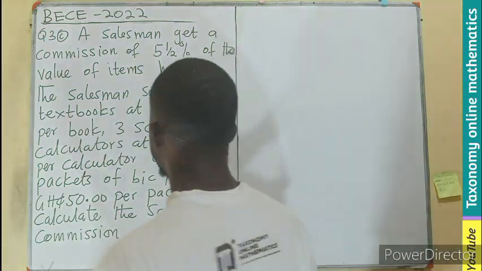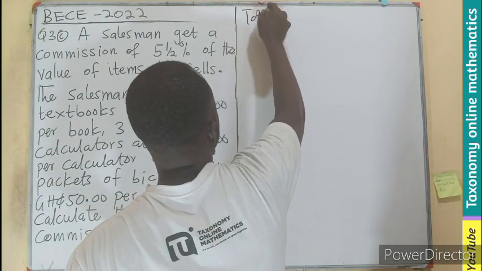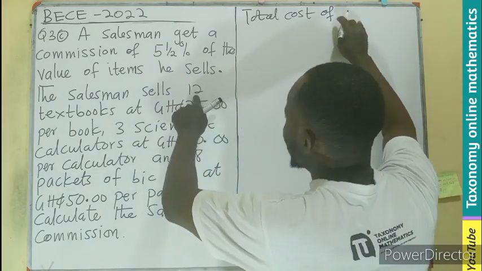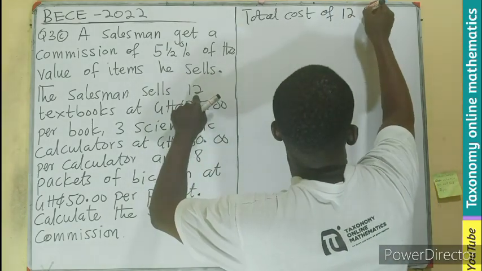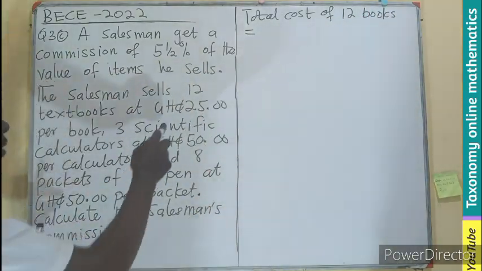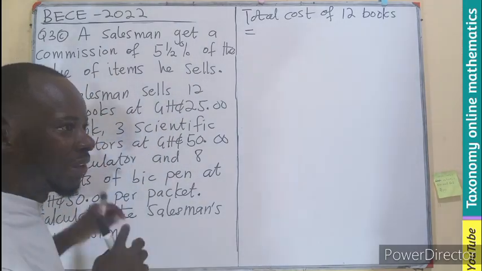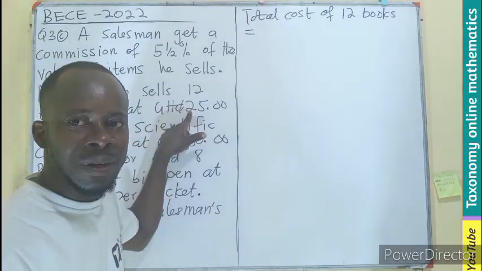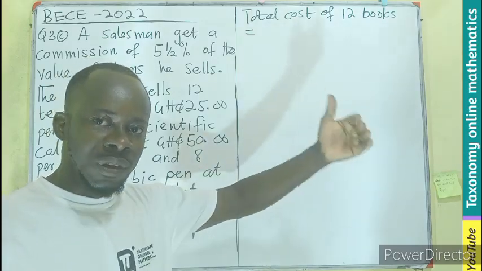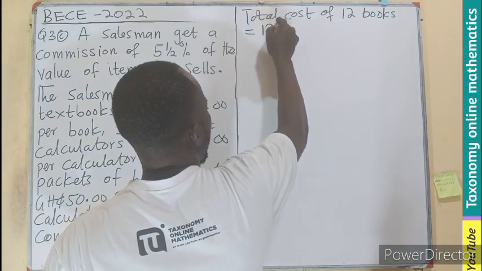So first, let's begin with the textbooks. Total cost of how many textbooks are we selling? She's selling 12 books. Now, when we have 12 books sold at 25 cedis per book, meaning one book is 25 cedis, and you are selling 12 of them, meaning 12 groups of 25, up to 12 times. That is a multiplication. So that simply means 12 will multiply